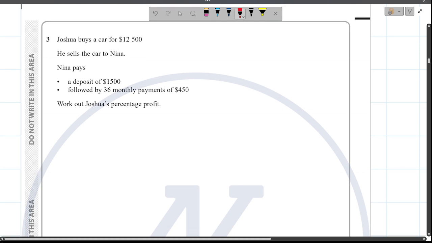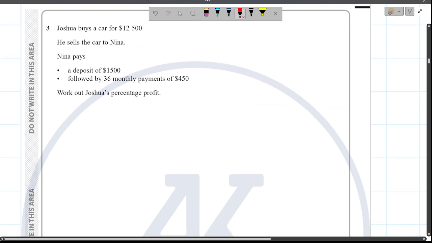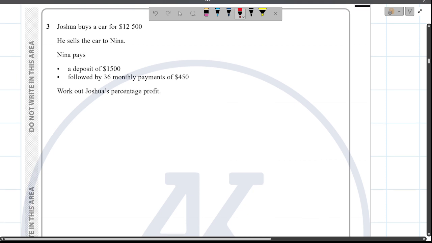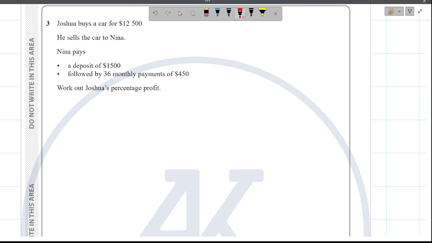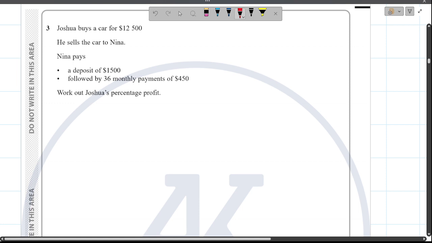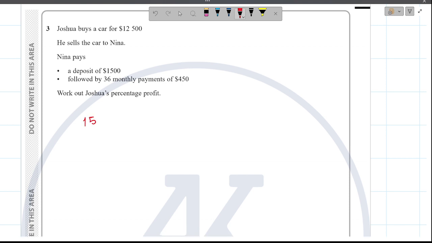Joshua buys a car for 12,500. He sells the car to Nina and she pays a deposit of 1,500 followed by 36 monthly payments of 450. Work out the percentage profit. So here for Nina, she paid